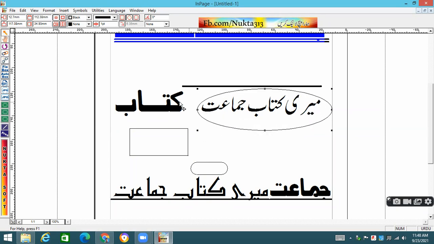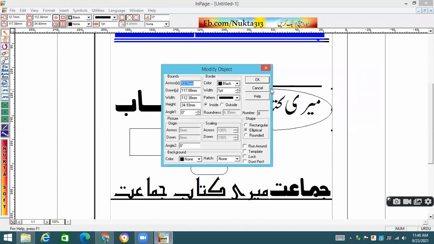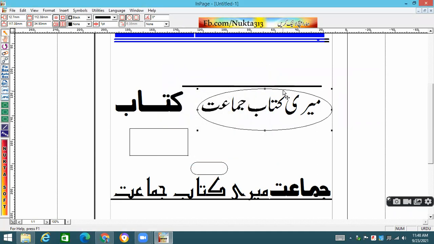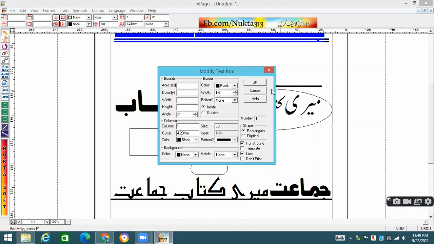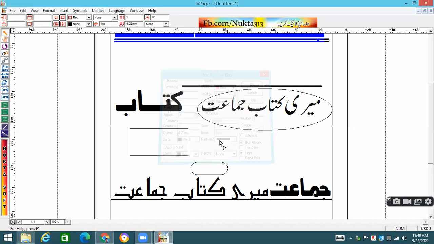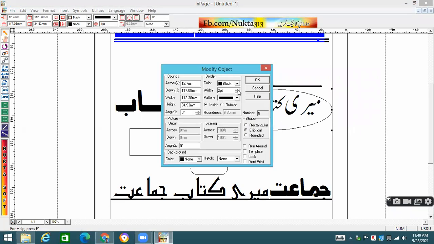We can adjust these shapes as well. If you have one shape with you, you will see that when you have drawn some shape and double click on it, it will show you a dialog box to modify the color. Let's suppose the color will be modified. If we want to modify the thickness, it is 1 point, we can make it 5 points.